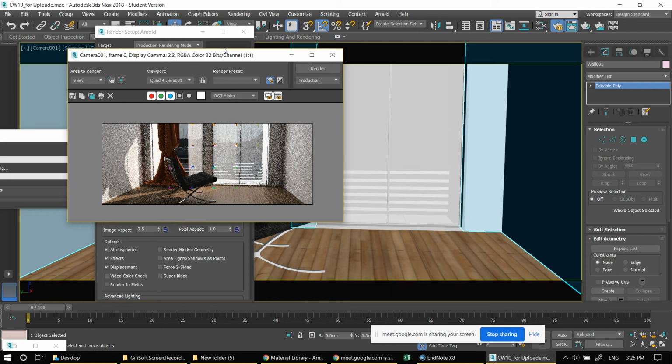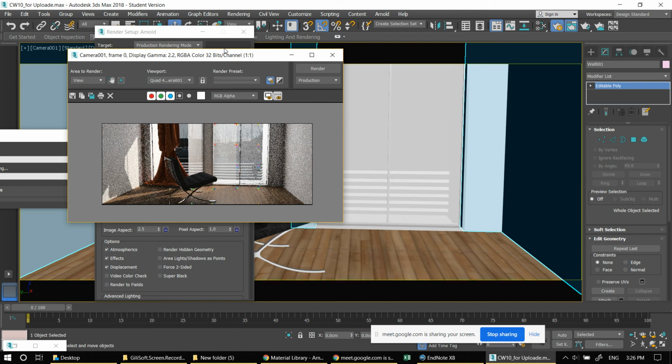So you just wait. If I increase the sampling of the light, the noise will go, but then the render time will increase maybe twice, three times, four times. So it's just about timing it properly. If you don't like the dark in the corners, you can add another light from the back of the room, because it's just another level of reflection. Sometimes we have to calculate this and put them inside manually to have an answer for that kind of light. Now you see it starts to shape up,